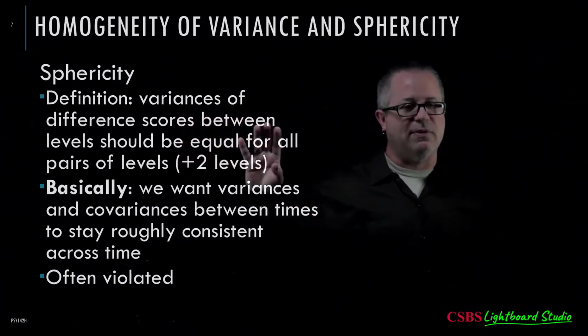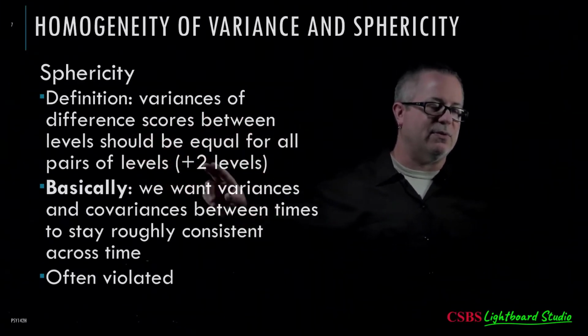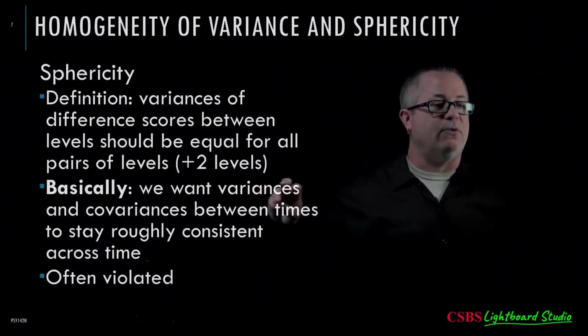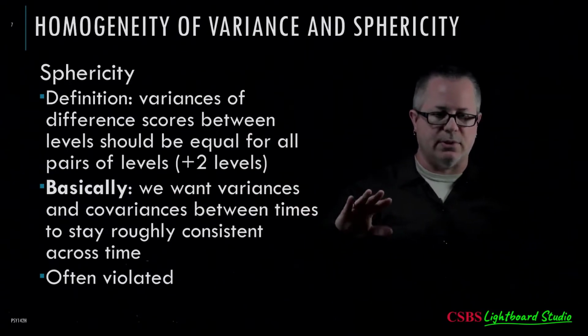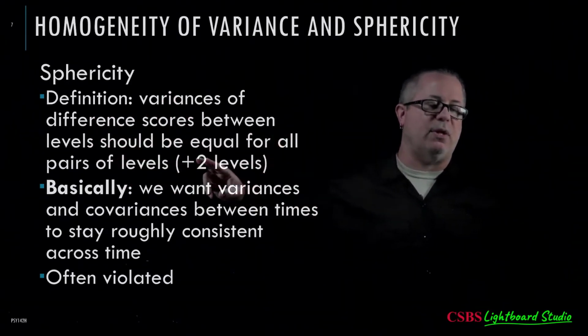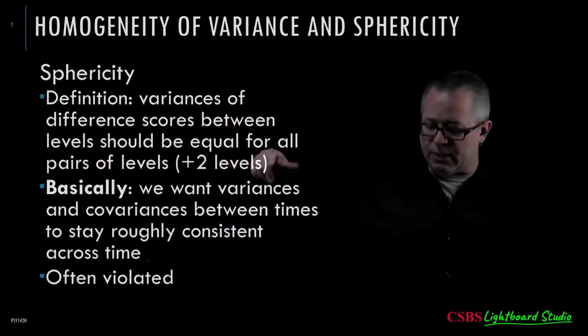Variances, so I'm going to read this a couple times. Variances of different scores between levels should be equal for all pairs of levels. Right? Which means you have to have more than two levels. If you only have two levels, if it's just pre and post, then sphericity is not an issue. Really, as you get past two levels, we start to need to assume sphericity, because the idea is that